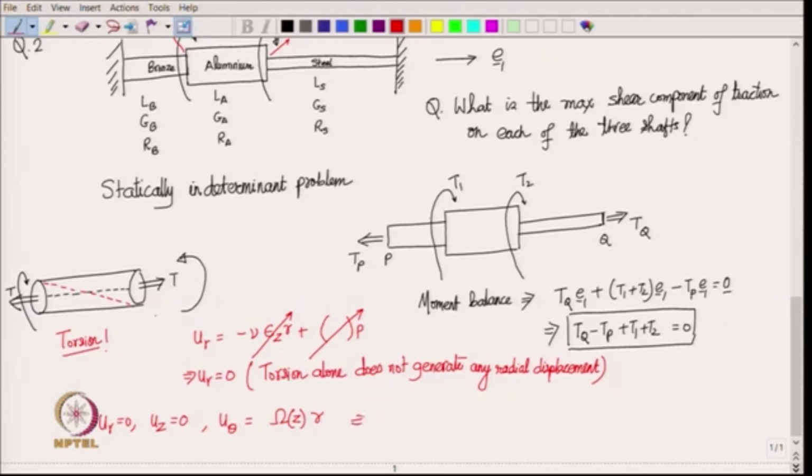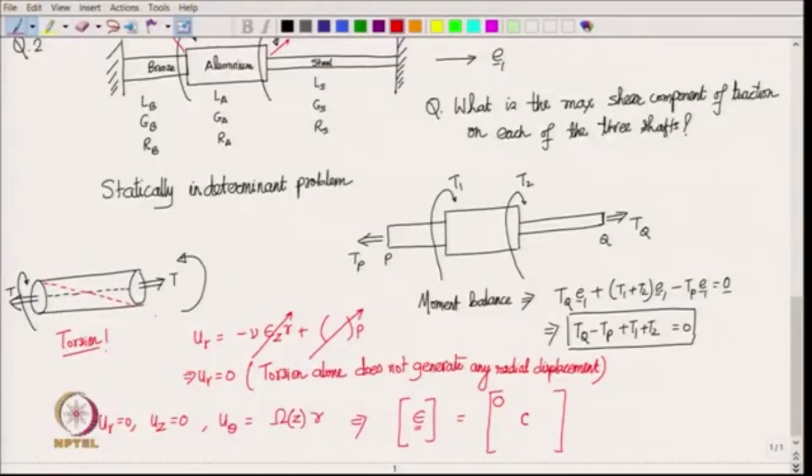So, what will be the strain matrix then? The strain matrix becomes very simple. There is no u r. So, epsilon r r is 0. What about epsilon theta theta? So, that is u r by r plus 1 over r times del u theta by del theta. Now, this u theta does not depend on theta. So, epsilon theta theta is also 0,